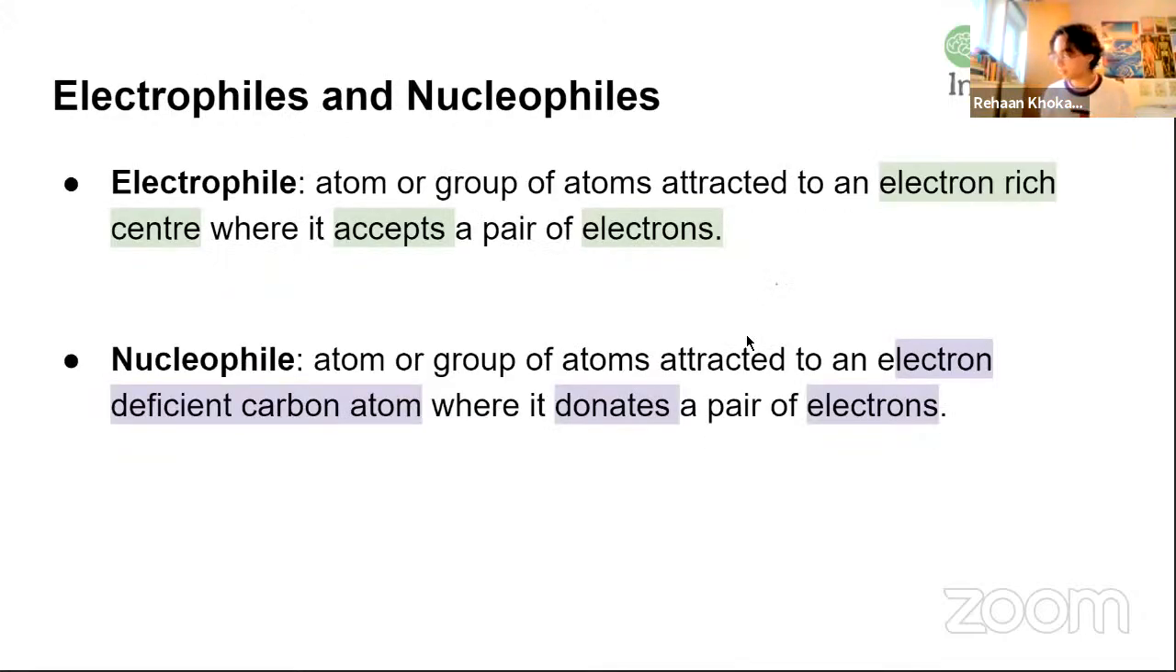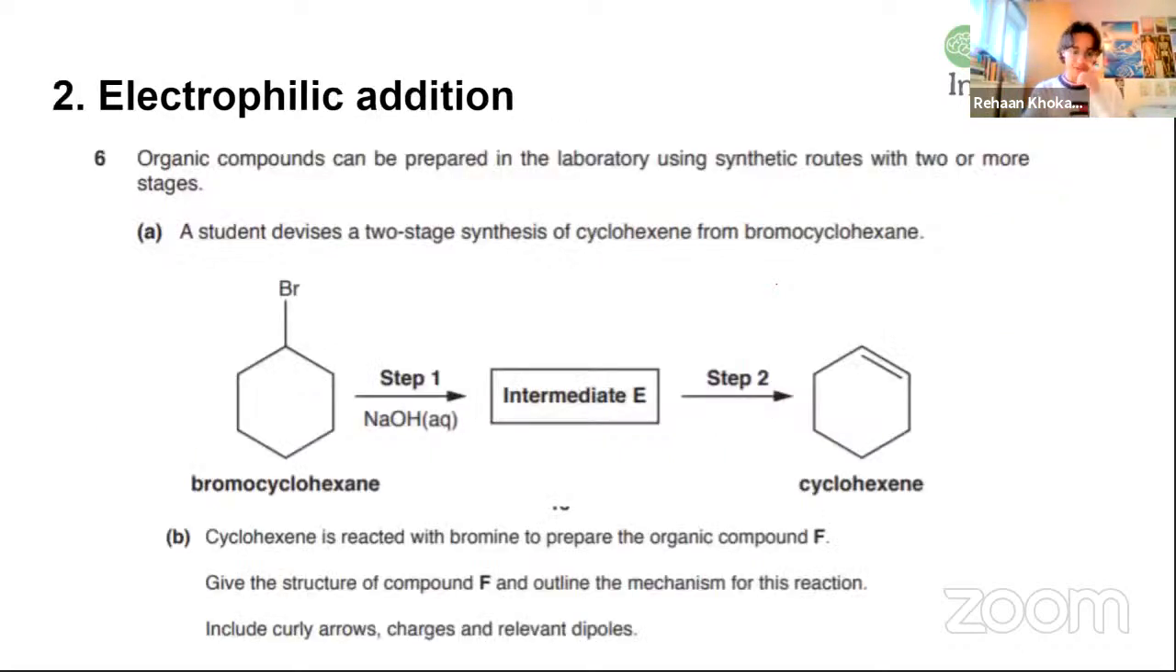Now we're going to look at electrophilic and nucleophilic addition reactions and so on. So an electrophile is an atom or group of atoms that are attracted to an electron-rich center where it accepts a pair of electrons. So these are generally involved in alkane reactions and things like benzene, etc., because there's an electron-rich center there. And nucleophiles are an atom or group of atoms attracting an electron-deficient carbon atom where it donates a pair of electrons. So this is more involving where carbon has been removed of its electrons, where it's sort of bonded to something like a halogen, if you like. So something that's taken the electrons from it. So electrophilic addition,